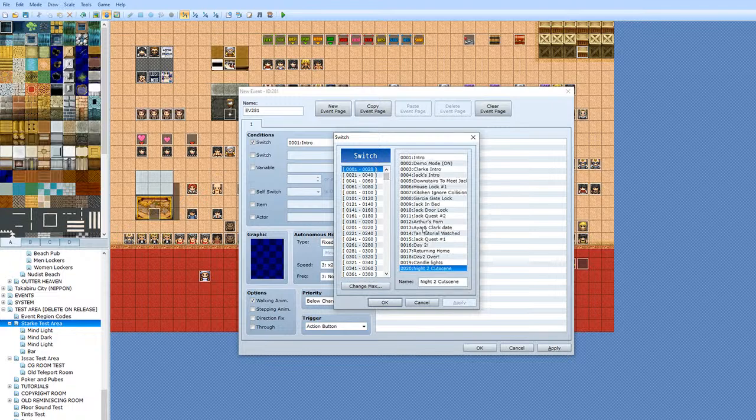Just make sure that whenever you have to access your switches, your variables, your common events, you leave a lot of room for it. And even better, what you can do